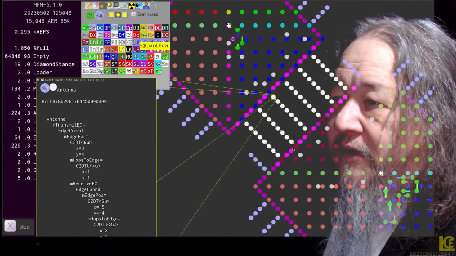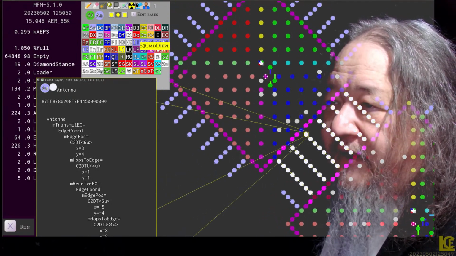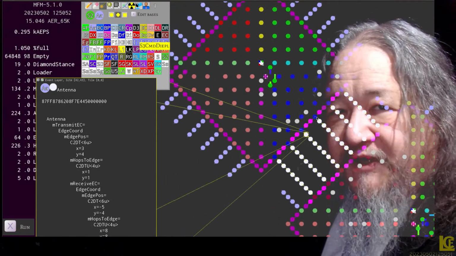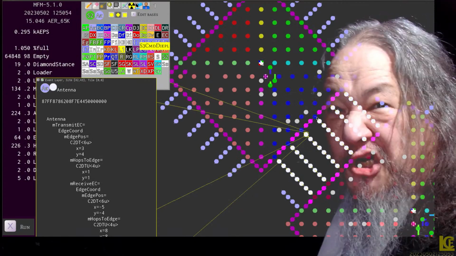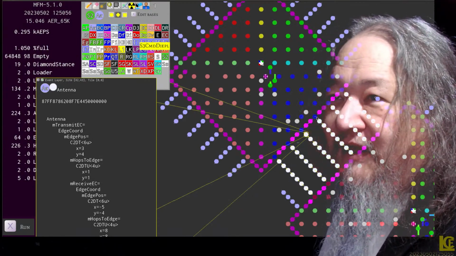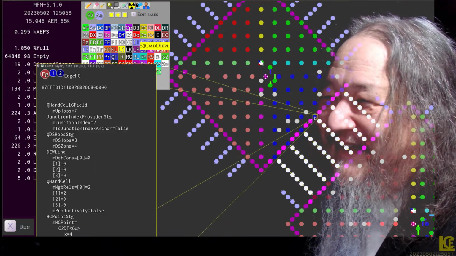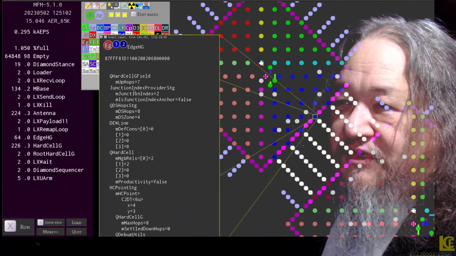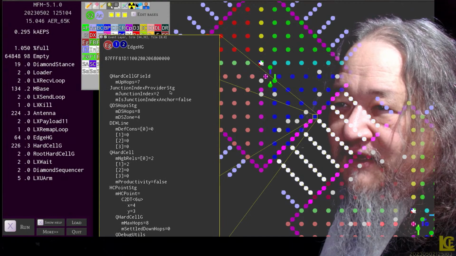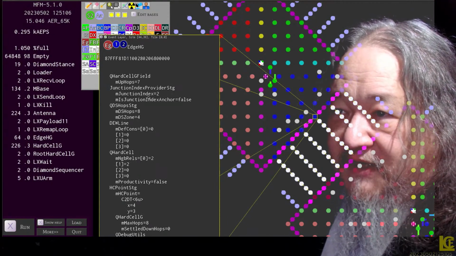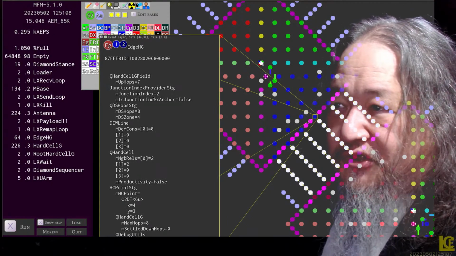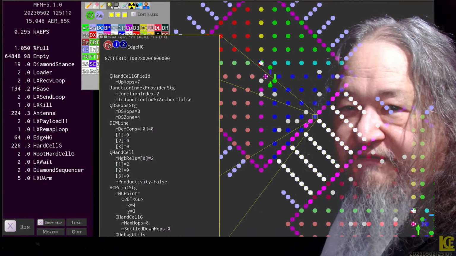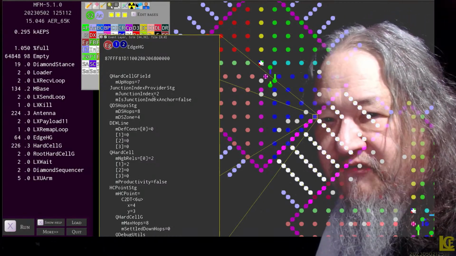So now that these EGs have gotten configured correctly, their junctors have been set up. So yeah, there it is. If you can see it, junction index provider storage. That's what the junctor does, and it gives the index. The index is 2, which means it's a fish bod to fish fin junction.